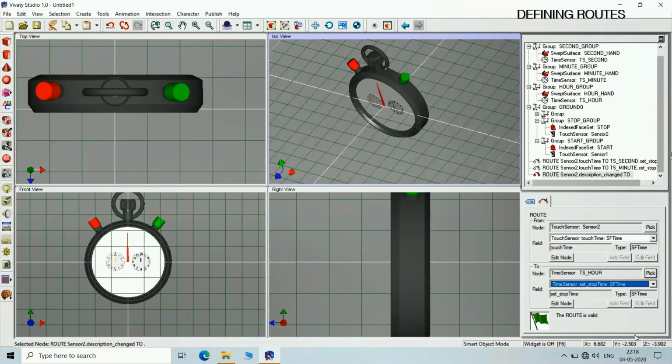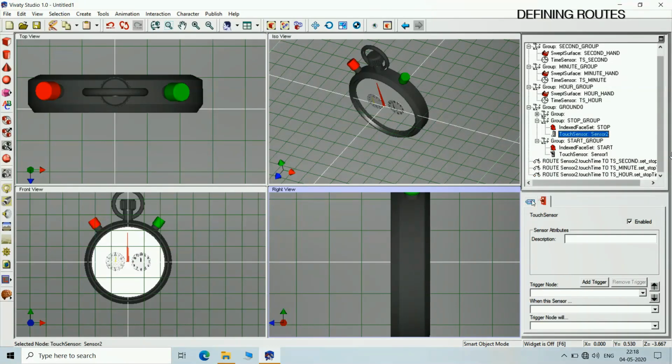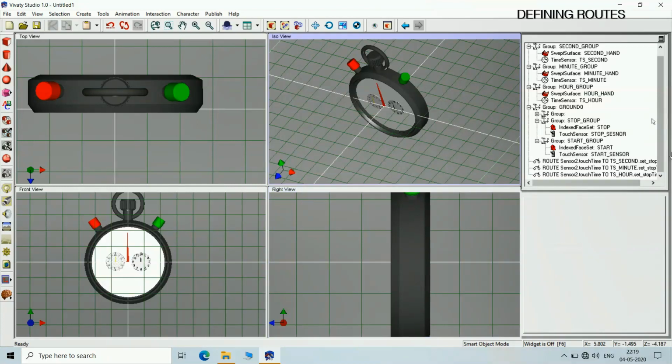Stop time. Call this the stop sensor. And this will be the start sensor. So this is actually for clear definition. So here we have defined the routes.